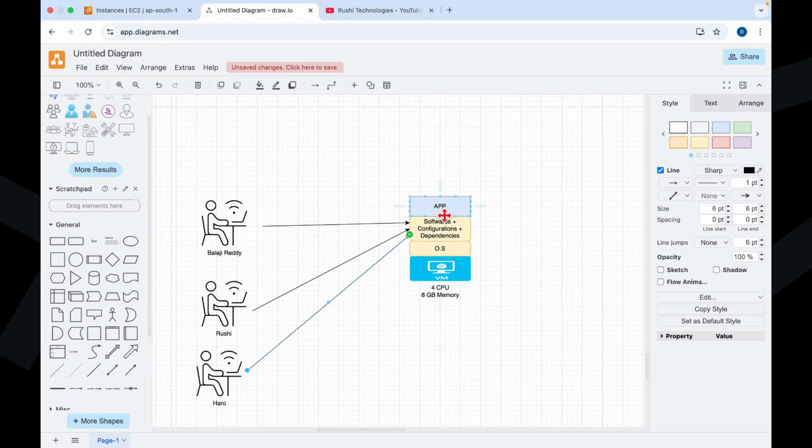If there is so much traffic or load coming to that application, the process will try to consume more resources to serve those requests. If that process doesn't have enough CPU or enough memory, and more requests are coming simultaneously,